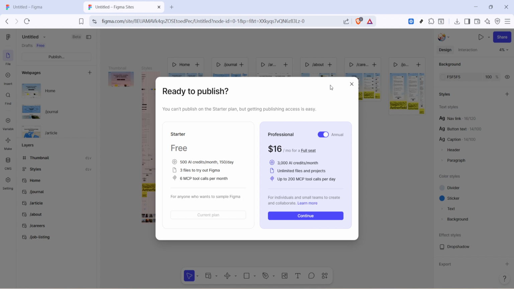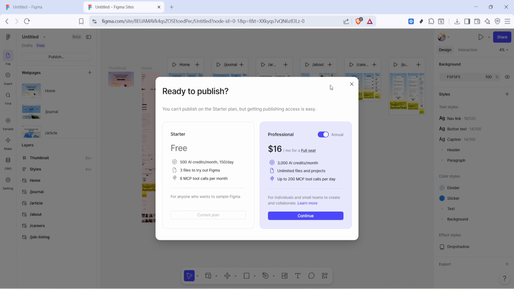A few quick tips to keep your publish smooth and predictable. Before you click Publish, double-check that your design reflects what you want viewers to see live, because any updates you make later may require you to publish again to push changes. If your design references images, fonts, or components from other files, confirm those assets are accessible so they display correctly